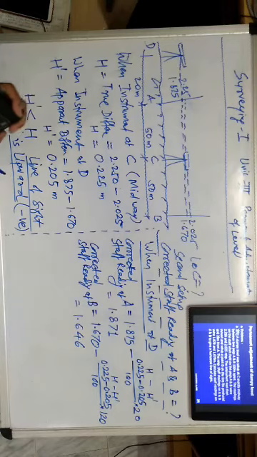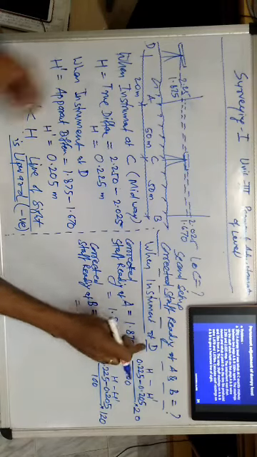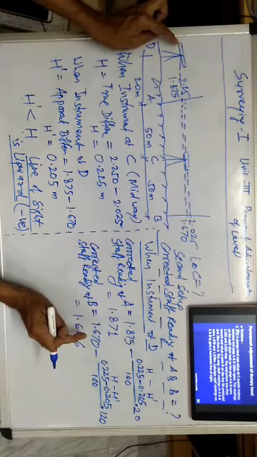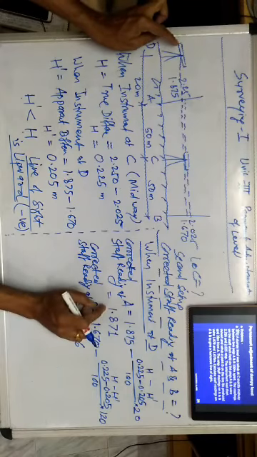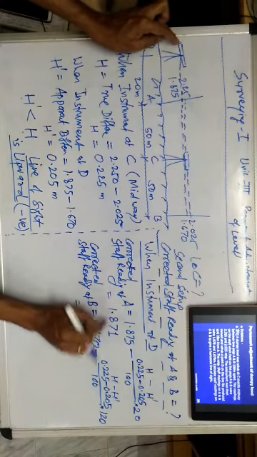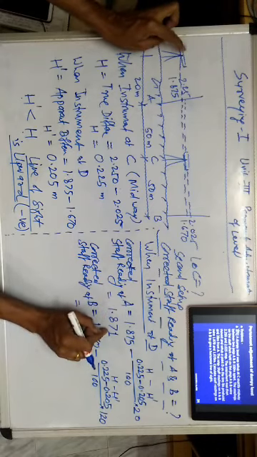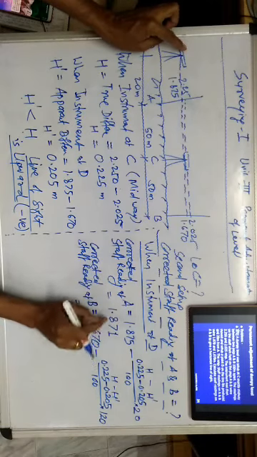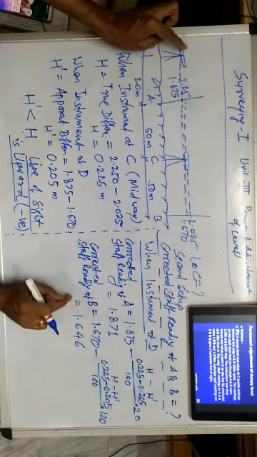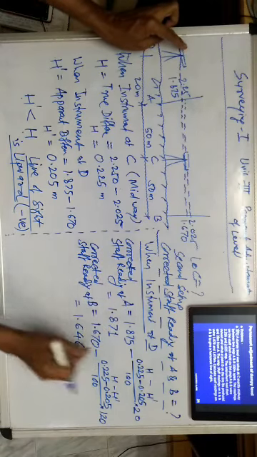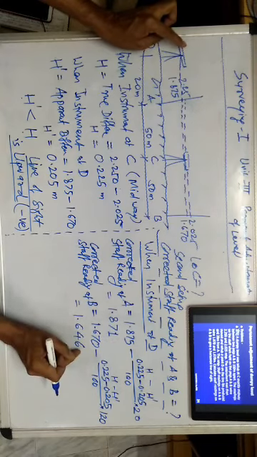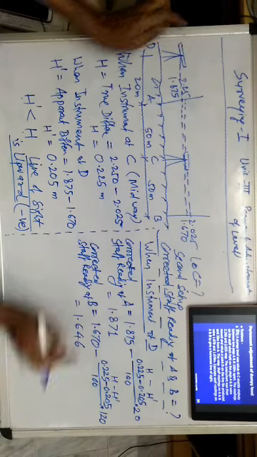That means now if we want to do the permanent adjustment, what do we have to do? The instrument is kept at D, so we have to adjust the line of sight such that the staff reading at A should come as 1.871. So we have to make the permanent adjustment in the line of sight by placing the instrument at D, so that the corrected staff reading at A should be this much and corrected staff reading at B should be this much. If we do this, the permanent adjustment of our instrument will be done and then in both cases our difference will come correct.